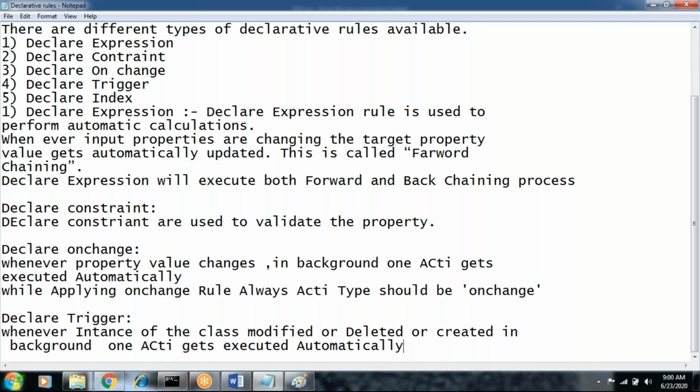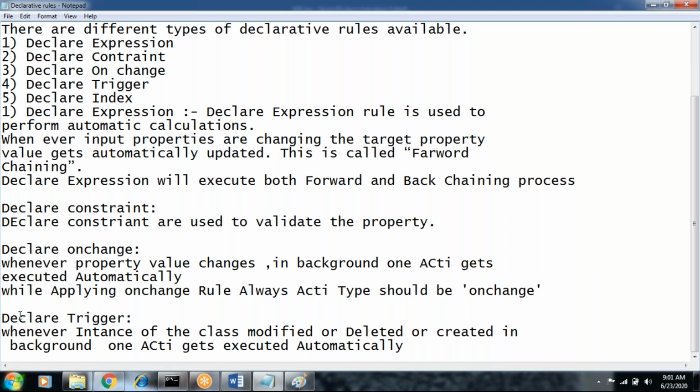Suppose the employee wants to change his pin code. Whenever he changes the pin code in the database, automatically an activity gets executed in the backend and tells the employee, you have successfully updated your pin code. Means whenever you hit the database, a trigger activity automatically gets executed in the backend. So this is called declare trigger.